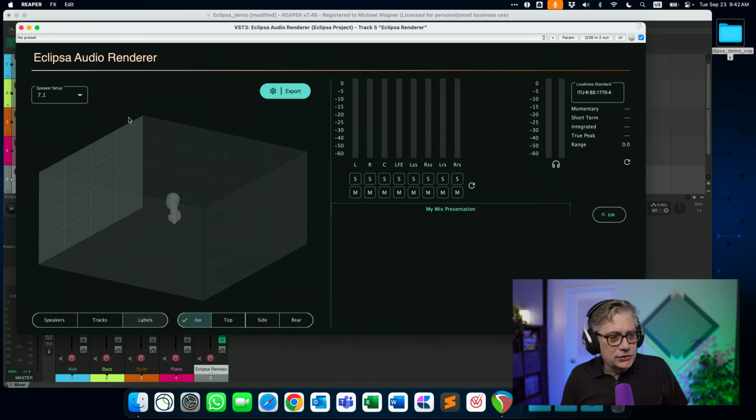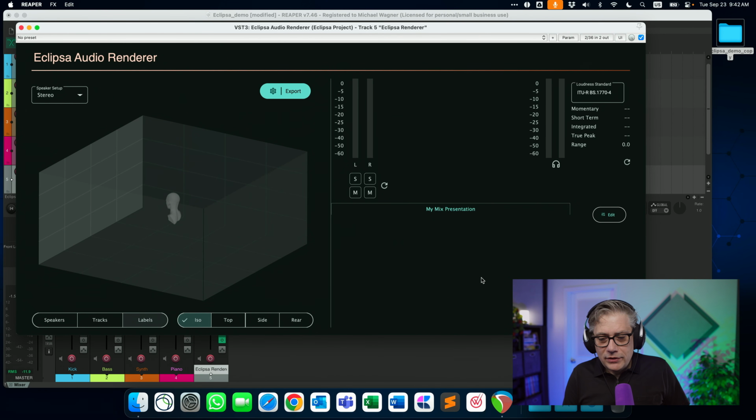In Dolby Atmos in particular, there can actually be quite a difference in what you hear in your studio and what people hear on their consumer software or consumer hardware. And in Eclipsa Audio, this is not the case. So what you see is what you hear. What essentially you get here is exactly what the consumer would get on their devices as well. So let's turn that back to stereo because that's really all that we have here.